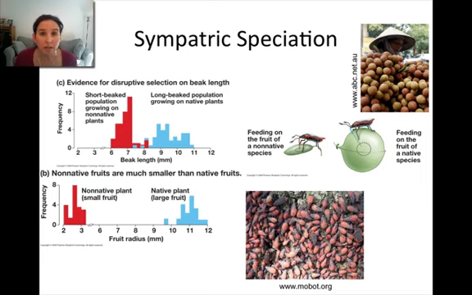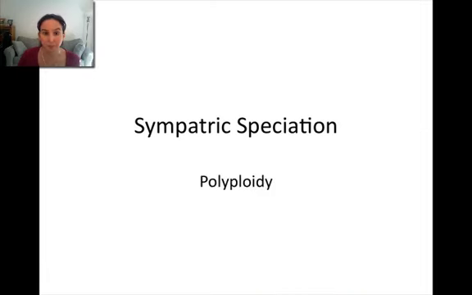And what this is causing is disruptive selection. Remember, if you go back to the lecture on natural selection, you'll see what I'm talking about. So it is causing disruptive selection in this population of organisms that are geographically able to interbreed with one another, but don't, because of the differences in the beak length of the different beetles. So this has led to speciation within two groups of organisms in Florida. And there are also other examples as well. Now there's another